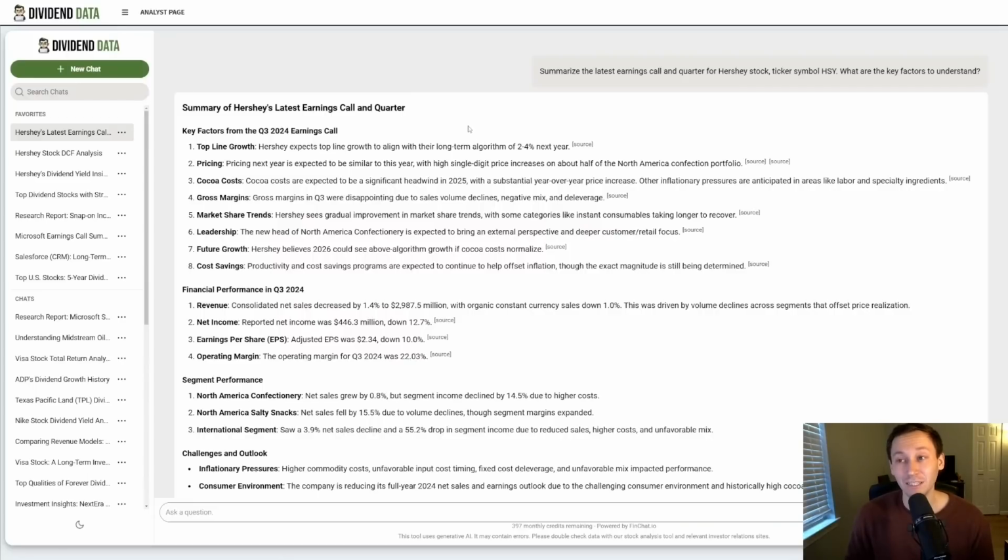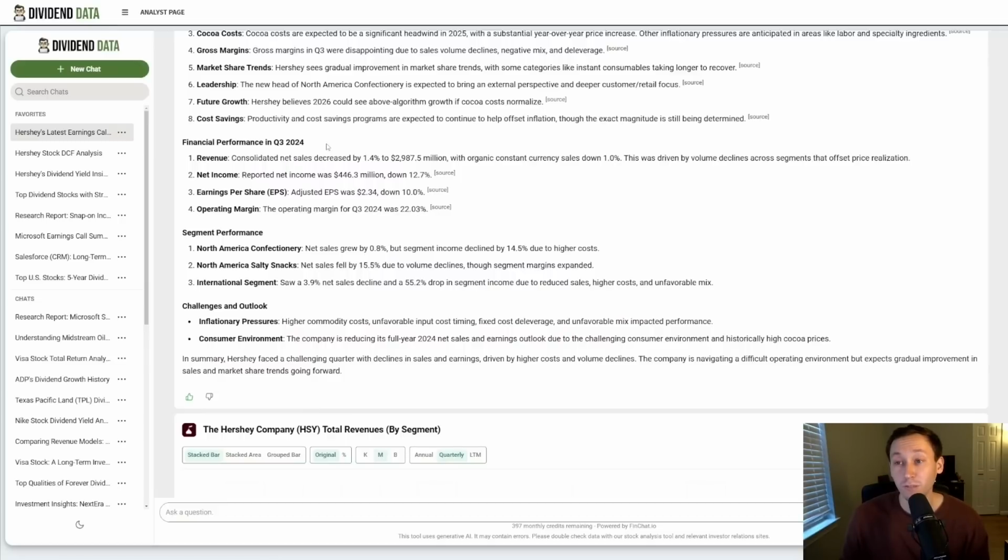decline in that time. So for their Q3 2024 results, revenue came in down 1.4% year over year at $2.98 billion, and that was from a volume decline across their product segments that were offset by their price realization, meaning price increases. Net income was down to $446 million, down 12.7% year over year. Earnings per share came in at $2.34 per share, which is down 10% year over year, and their operating margin for Q3 was